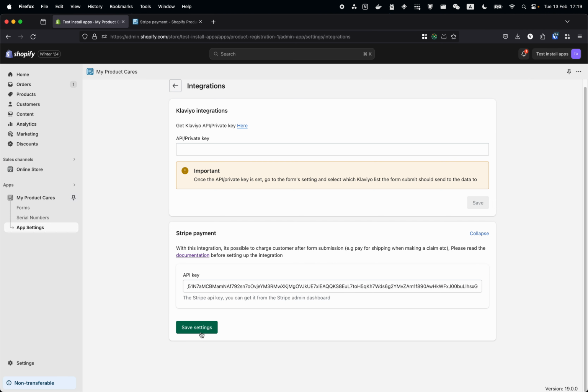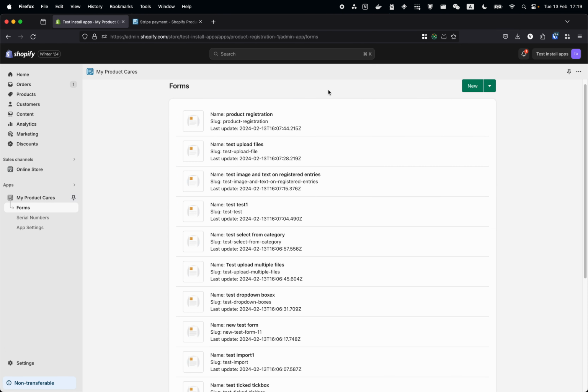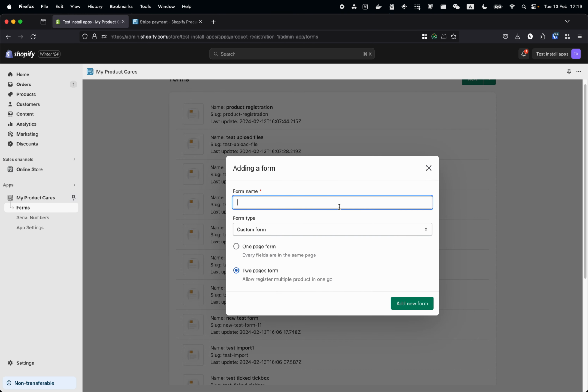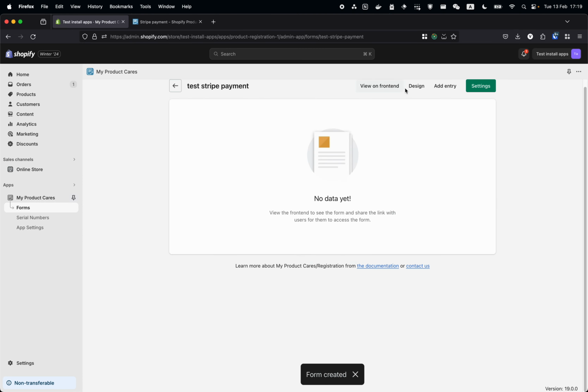Once you have the API key, you can go back to the admin and click on the save settings. After you save the settings, you can go to forms. We recommend you create a new form to test out the integration first. For example, test Stripe payment. You create new forms in here, and then in the form